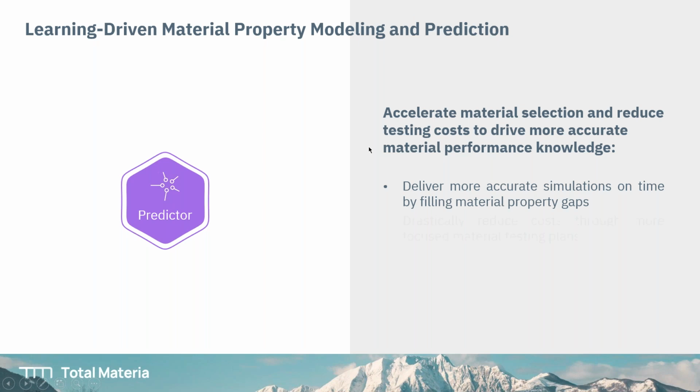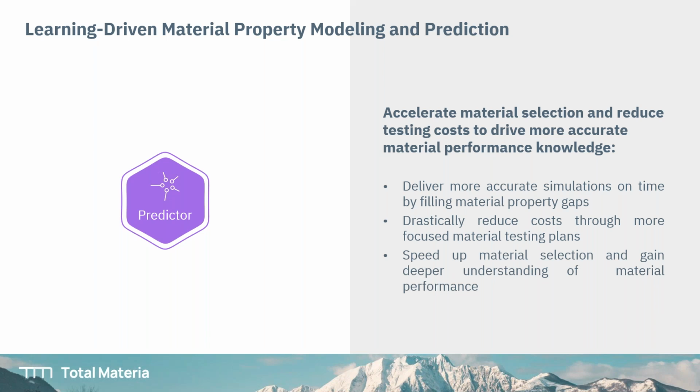So deliver more accurate simulations on time by filling material property gaps, because usually simulation software are highly advanced tools, but need more detailed material information. If you don't have it in Materia, it's almost impossible to find the accurate material information, believe me. And then Predictor will give you highly accurate test simulation results so that you can use these material properties in your simulation software,